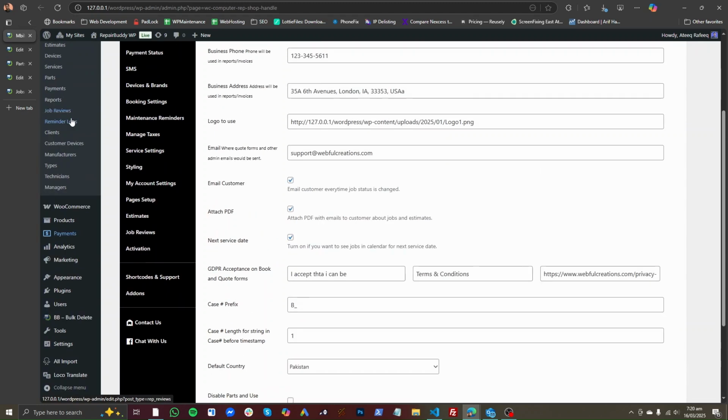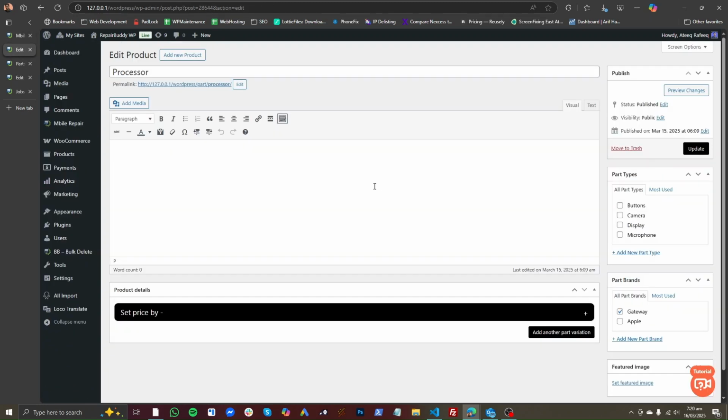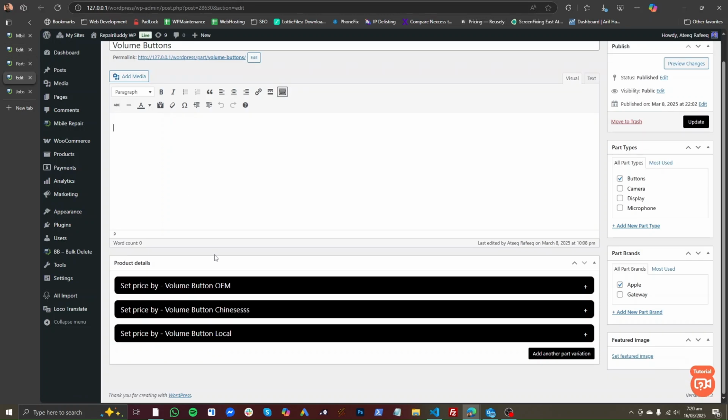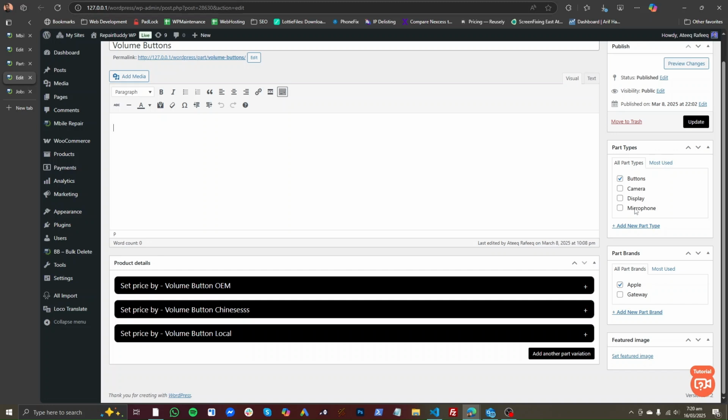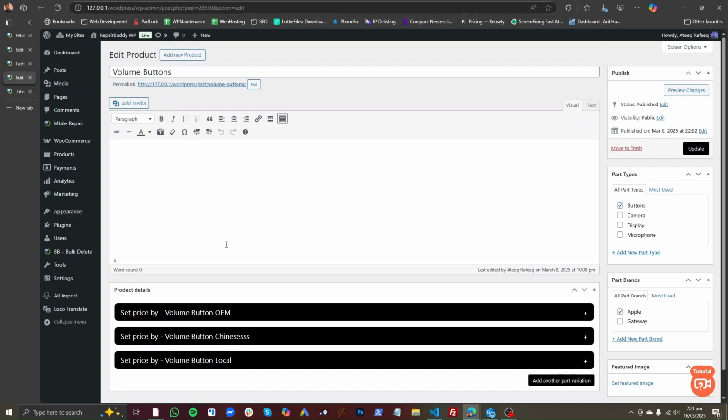First you will go to parts from here. After going to parts, you should make sure that you are adding part types. Part types are important because they will help you to separate different types of parts from each other. So let's say this is processor or whatever. Then see, this is the volume buttons. If you are managing a car repairing workshop, there you can add bumpers, headlights, hoods, whatever you want. But here I have added part types like buttons,